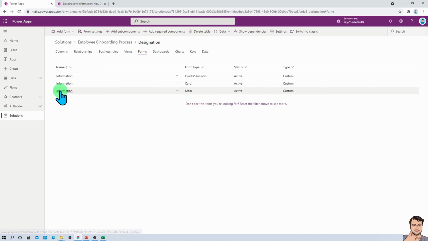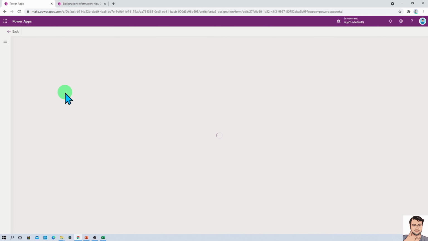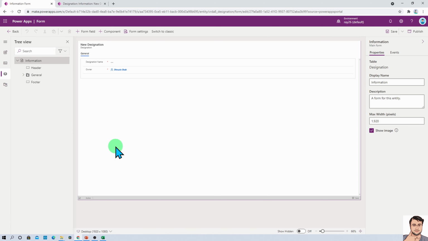And over here you are able to see the main form. Let's click on that. Once you open that, you are able to see this type of interface. This is the modern user interface which is used to customize this form. Now let me walk through the overall screen.